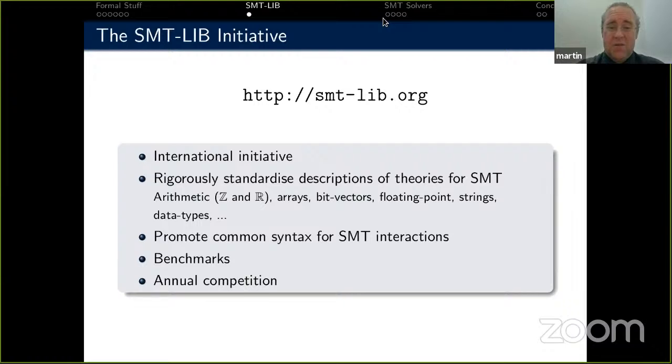That means writing it as a human is sometimes a bit tedious, but it does make it easier for solver developers. And this is really an initiative about and by the people who build solvers. SMTLib also has a benchmark library, which is now into the hundreds of thousands of benchmarks. I don't know exactly how big it is. I'm not sure if we've passed 500,000 yet, but